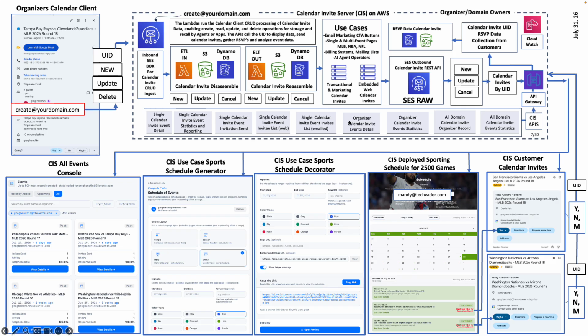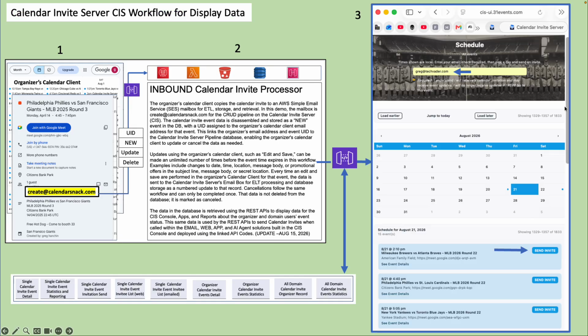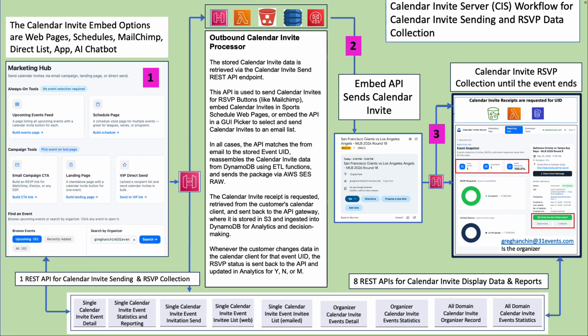That's a quick recap. Now, the particular use cases that we do here automatically, I'm going to get to just this one page. The use cases we have for the calendar invite embed options include web pages, schedules, MailChimp, direct list, apps, and AI chatbots. That means this single calendar event invitation send down here, I'm scrolling around, is embedded into these alternative embedded solutions for calendar invites. So the calendar invites can be embedded in any of these functions, and there is a picker